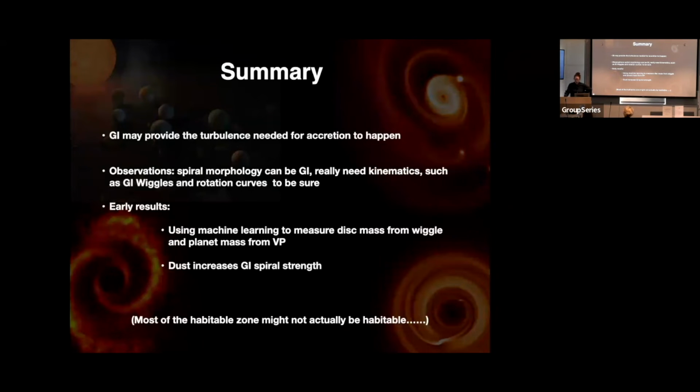So we've got higher angular resolution for some of the planet forming systems. So it's certainly possible, the planet containing systems with the velocity perturbations that I showed you. I think for me, it would be a higher angular resolution to really pin down if that is the GI wiggle or not. I would really like to see that, but obviously you're fighting with people with different opinions. How long would you be proposing for just one system? I don't know, probably like 10 or 12 hours maybe. Not bad.